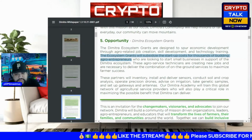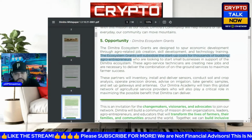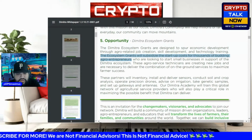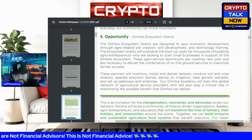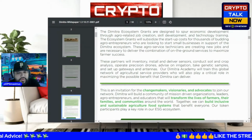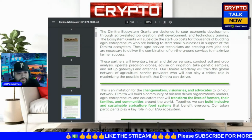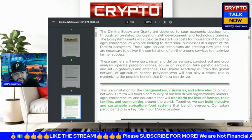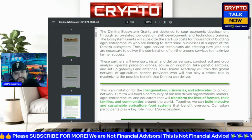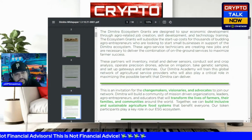But yeah, we'll subsidize the startup cost for thousands of budding agro entrepreneurs who are looking to start small businesses in support of the Dimitra ecosystem. These agro service technicians are creating new jobs and are necessary to deliver the combination of on-ground services to maximize farmer success. If I was part of this team and I was gung-ho Dimitra, it might be a case where you take this all across the United States, and you pitch the use case of how this is going to be a win-win for the project of Dimitra, and